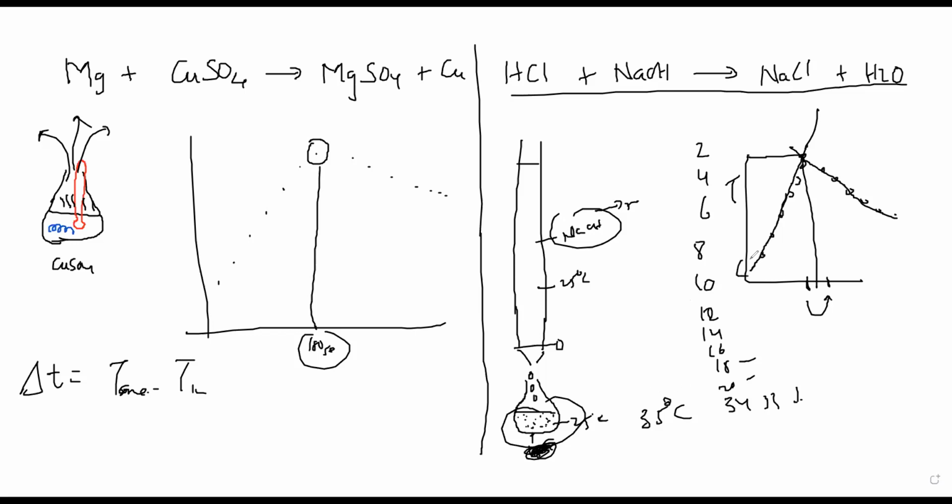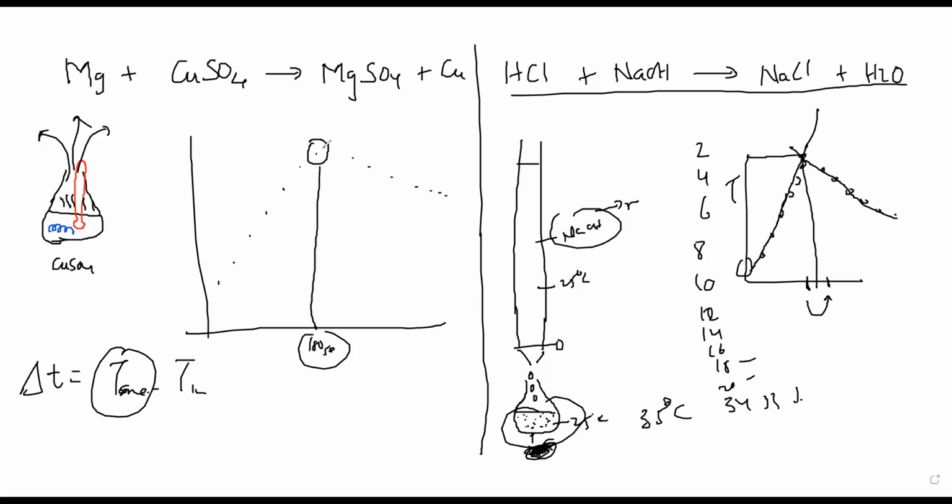Okay, T initial इधर है, T max I will get from the graph. इसमें T max के लिए I have to wait. When the mercury is rising, I have to wait to see कहाँ तक rise होता. I have to wait, and that has taken 3 minutes. So imagine 3 minutes में कितना सारा heat loss हो गया है. So जो maximum temperature rise हुआ उससे ज़्यादा होना चाहिए था.